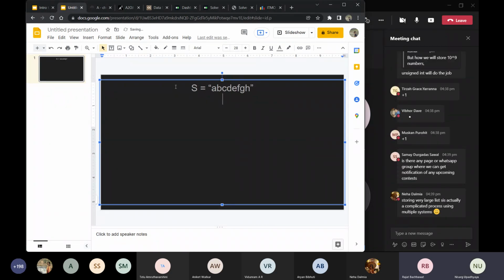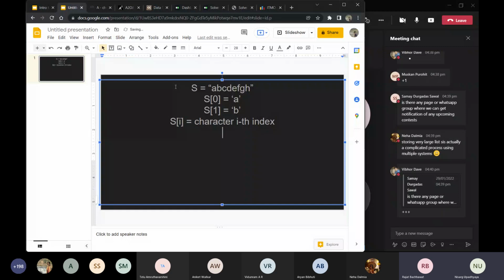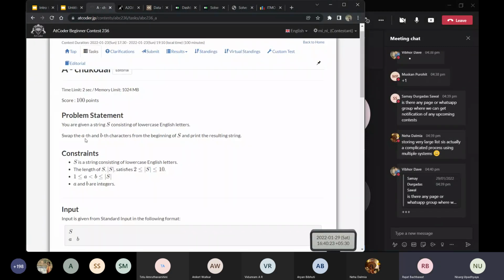let's say if I ask you what's the character at position 0, arrays are 0 indexed, it will be A, right? And say I ask you what's at 1, it's B, and so on. Basically, S[i] gives you the character at the ith index, and the indexing is zero-based indexing. So the problem itself will give you the values of A and B which you have to